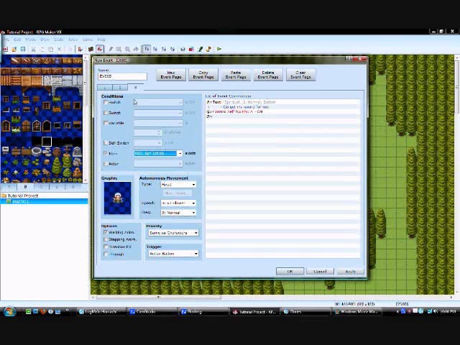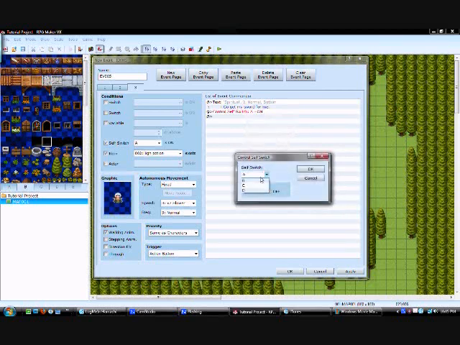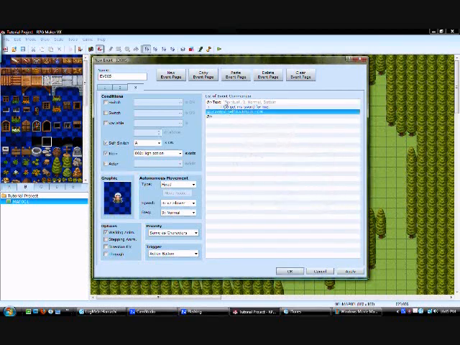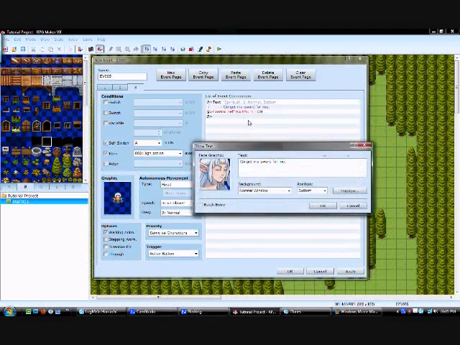Now, what this is saying is, according to the conditions, if the high potion exists in the item's inventory, then this list of events will happen when you speak to them. I'm also going to turn on self switch A. So that way, like, it catches both events. It's just simpler to me. And then you can change this to B. I'll tell you why in a second. And change your text to